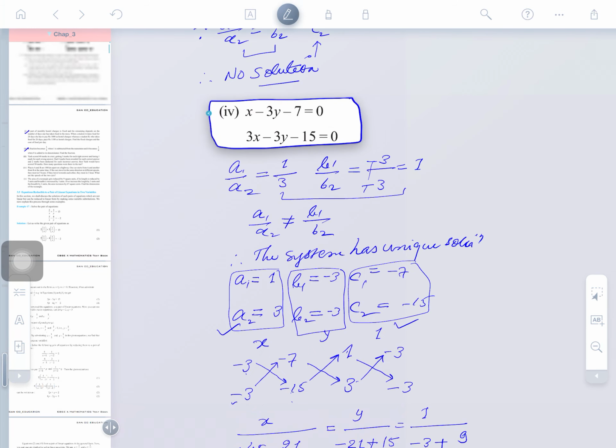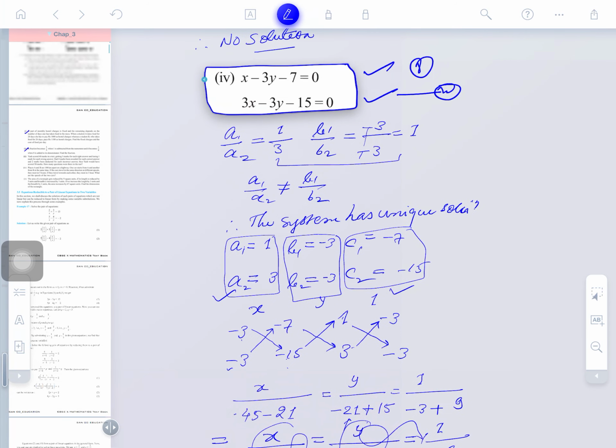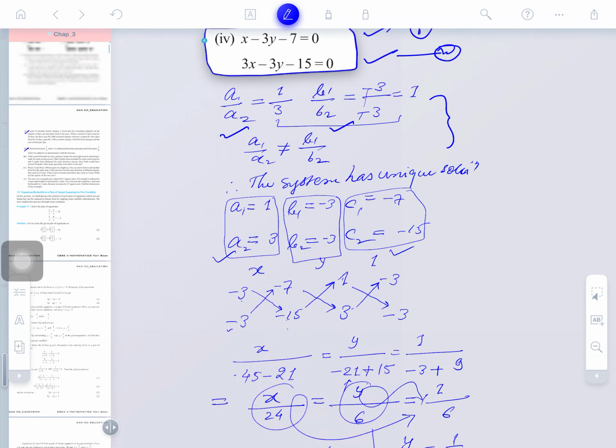In the cross product method, we write down the equations as before: equation 1 and equation 2. These questions we already have solved, and further we check whether they have a unique solution, many solutions, or no solution. The solution begins from writing the coefficients a1, a2, b1, b2. We found a1 by a2, b1 by b2, and c1, c2 also here.